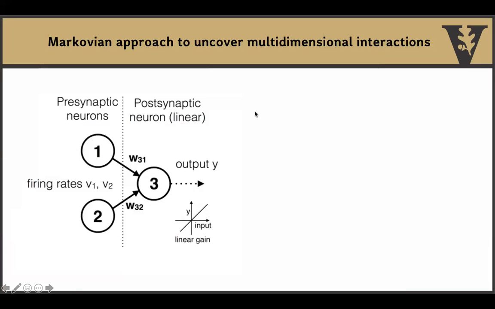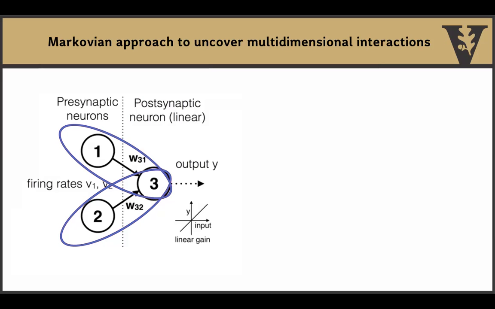We are interested in the causal interactions measured within multidimensional neural data from two or more electrodes recorded at the same time. This right here is a simplified theoretical model of two presynaptic neurons, 1 and 2, projecting onto postsynaptic neuron 3. With most of the currently available causal analyses, typically what we do is break up a system, such as neuron 1 onto neuron 3, investigate those causal interactions, and then do the same for the remaining half of the system. What most systems struggle with is to investigate the combined effect, the synergistic effect of neurons 1 and